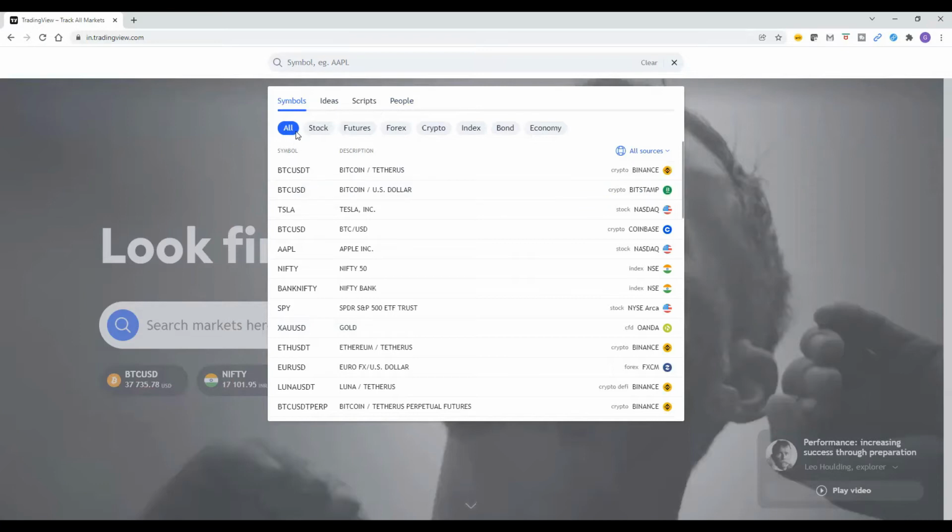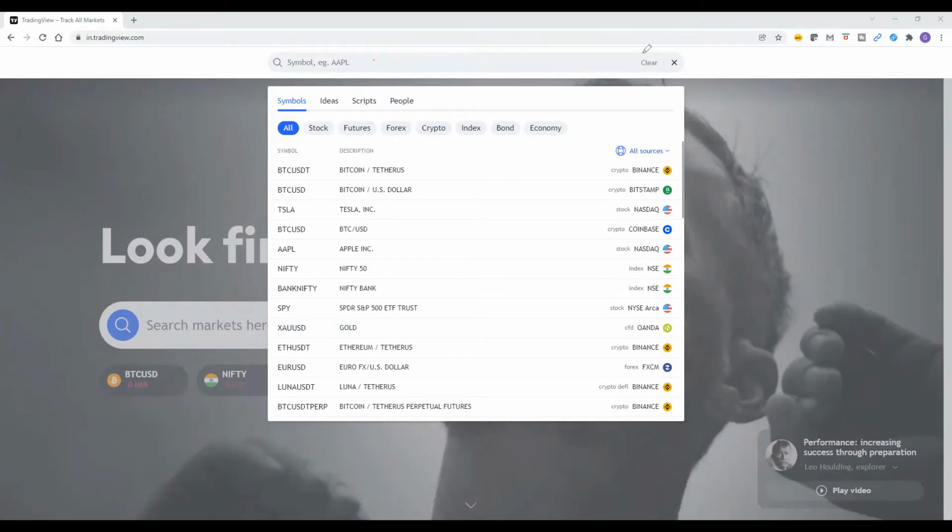And below that, we can see stock, futures, forex, crypto, index, bond, and economy. These are the tabs we normally find. Above that, the search bar continues. Whatever symbol we need, we can search here.